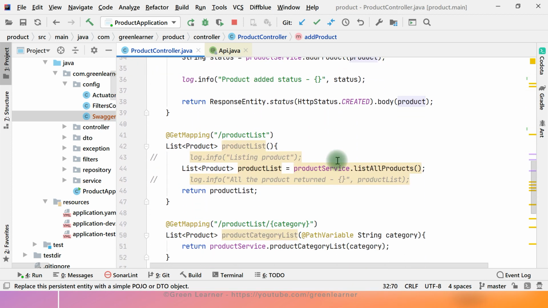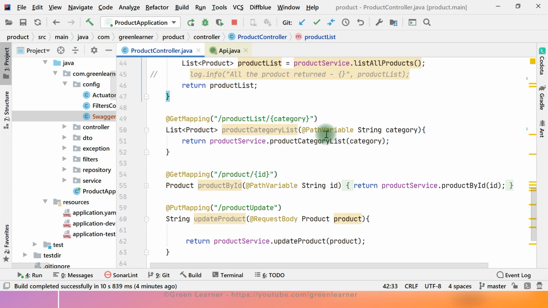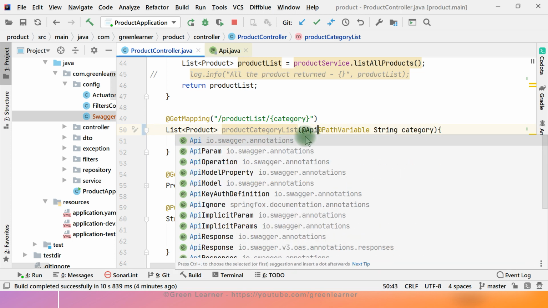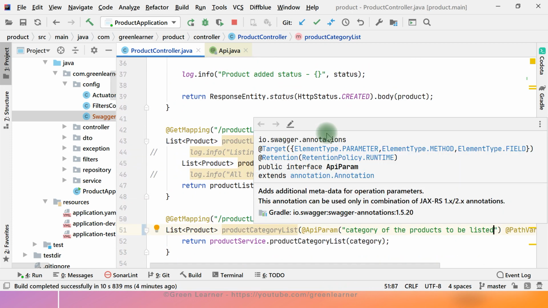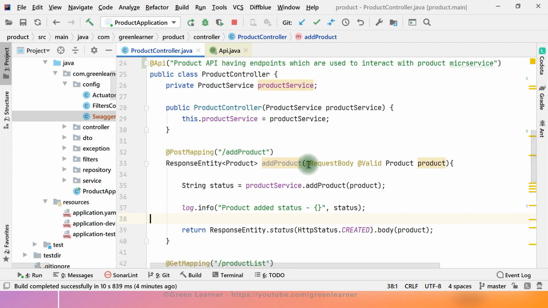I also have, if I come here on the path variable part, this category. What does this category stand for? I can give that with the help of API param here, and inside that I can put some more information: category of the product to be listed, input that one. This API param I can use with any parameter that we are passing here.